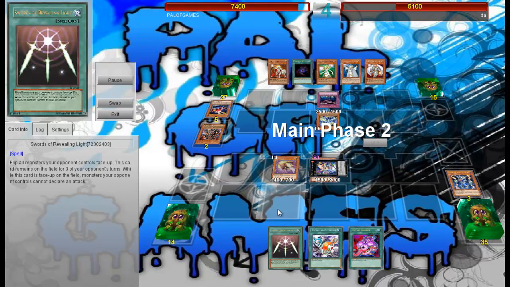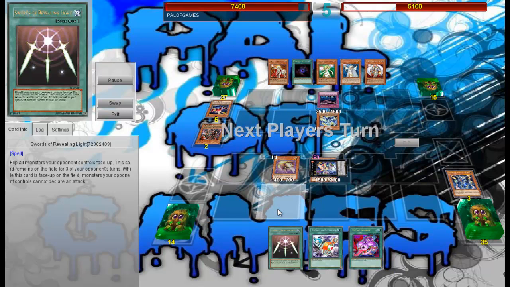So I draw really well here. I draw into a Par Hunter, which opens up basically loads of plays here. It means I can easily summon it, go into a special summon, if